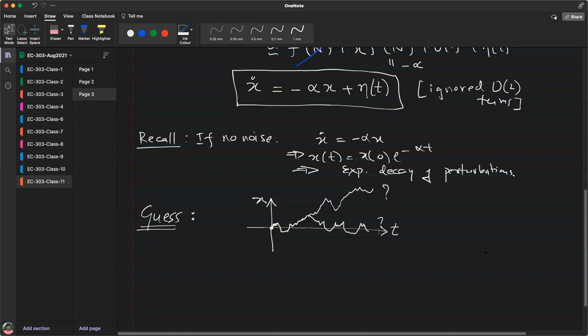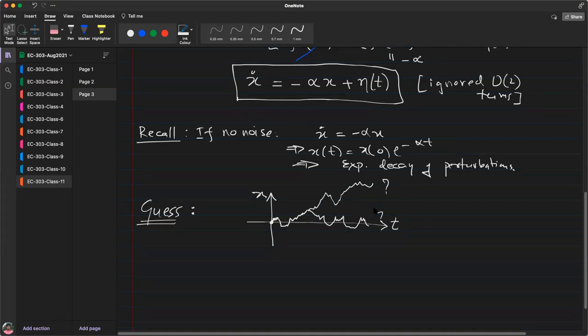Okay, no answer. Shouldn't it depend on the size of the perturbation? Size of the perturbation doesn't matter. Yes, that's a very good thinking. It may matter, the sigma, right? The strength of the perturbation may matter. Maybe there is a value of sigma below which it actually fluctuates around like this, and above which it actually goes off, right? That's a possibility. Any other thoughts? Okay, it's a good point.